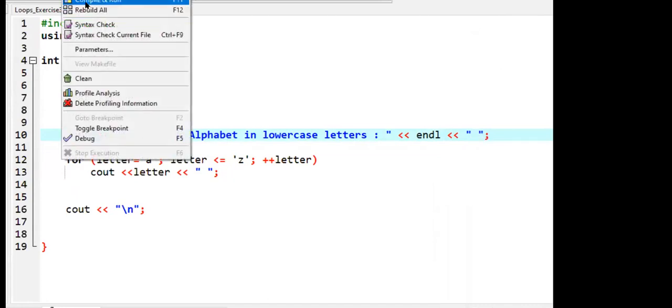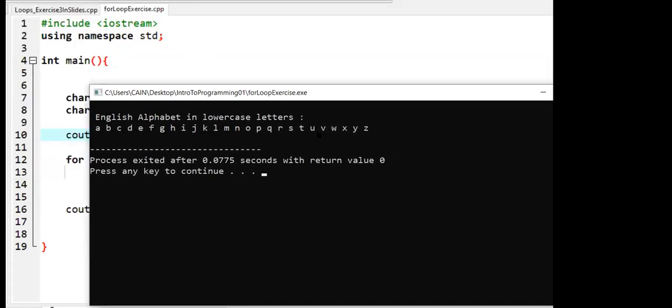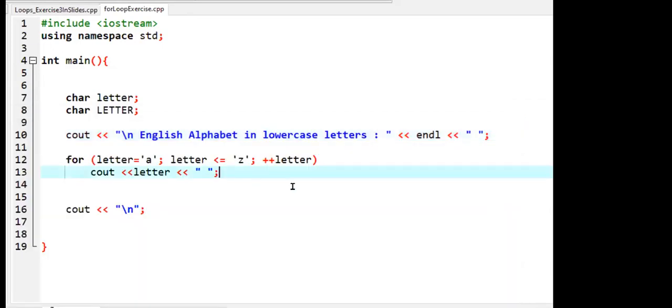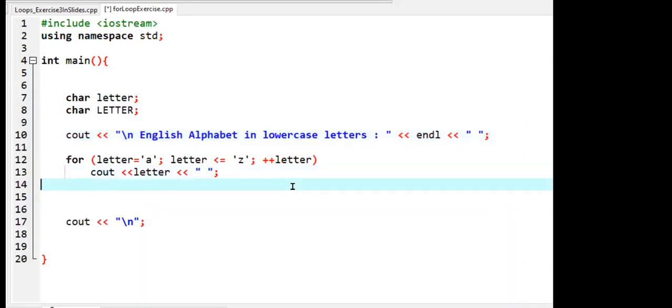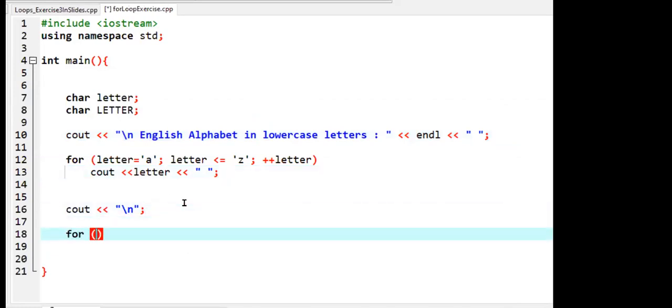I'm going to put it a little bit inside so that it will be aligned, so you can see that A, B, C, D, whatever is displayed there. So you can also do the same thing using uppercase letters. So letter, this time I'm going to put it A. Letter itself, less than or equals to uppercase Z